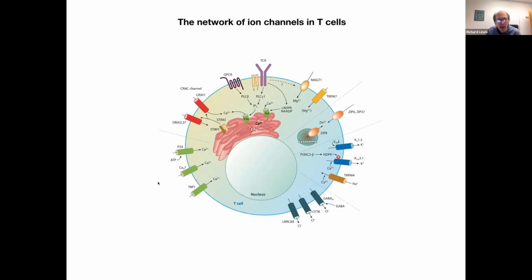There is one question about TRPM7, which is obviously a very important channel in T cell function. As you know, it's a non-selective channel that can conduct magnesium, but also calcium. And Ingo Lang is asking, considering indications that TRPM7's kinase function regulates myosin 2A and also ORAI-mediated currents, do you think there's a direct interaction between TRPM7 and ORAI channels? Well, I have to claim ignorance on that. I haven't seen any evidence for that. It's not out of the question.